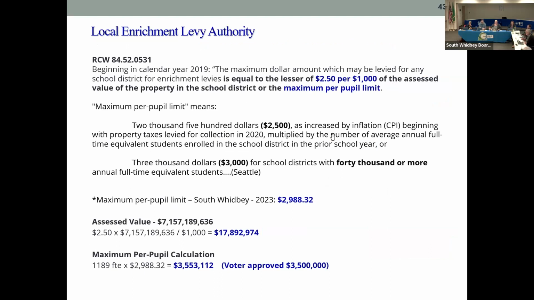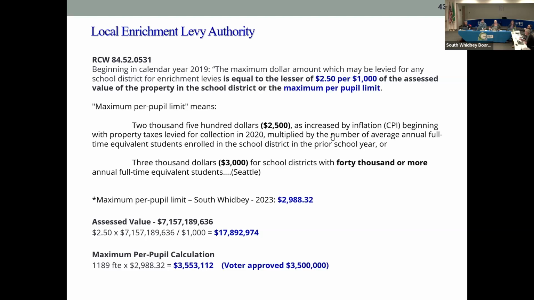Correct. Yeah. And I won't go into the levy, but this is one of my heartburn issues for us, is that the local levy is limited in our district to a per pupil amount because of the value of the property in our community. And because it's limited to a per pupil amount, as we get smaller, we can collect less and less dollars. And I won't even talk about the $1 million that they took and then gave back to us in a different format, but it limits what we can do.